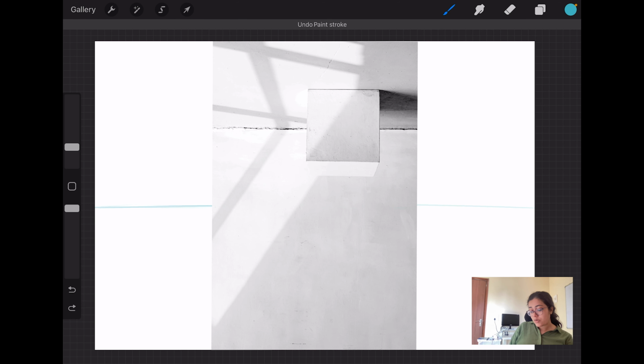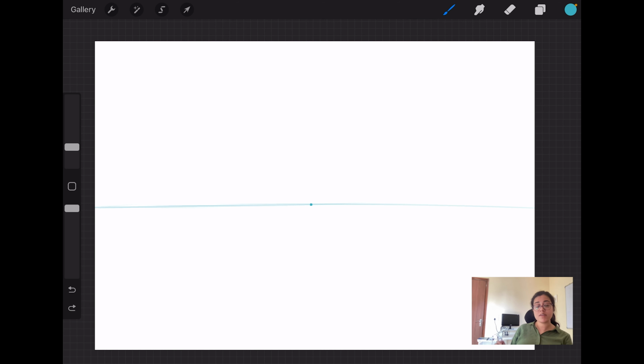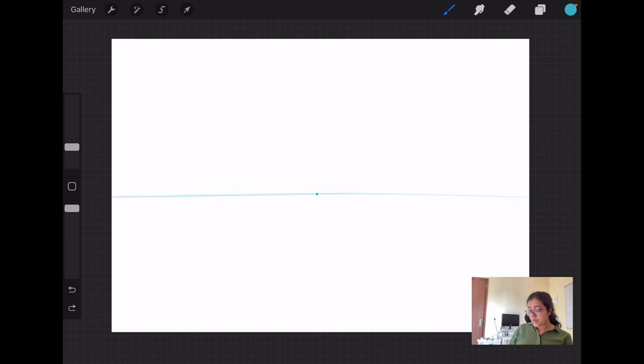So let's make it. How do we start with it? Suppose this is our horizon and the vanishing point. First we are going to make the front side. This is a very easy technique of doing one point perspective. Whenever you are starting with a cuboid, always make the front side first. A cuboid or cube front side can be a square, or maybe a rectangle, something like this.